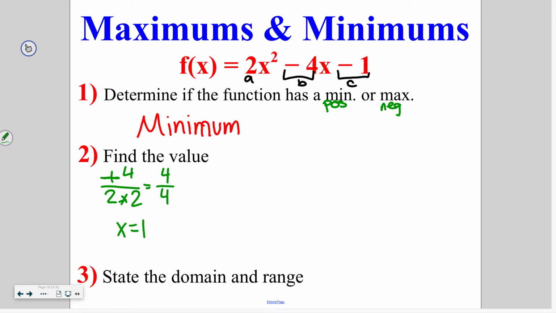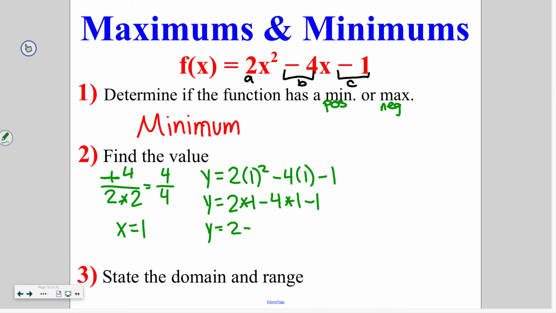Then we're going to go ahead and plug that in and say y is equal to 2 times 1 squared minus 4 times 1 minus 1. We start by squaring, which gives me 1, so 2 times 1 minus 4 times 1 minus 1. 2 times 1 is 2. Negative 4 times 1 is negative 4 minus 1. 2 minus 4 gives me negative 2 minus 1 gives me an answer of negative 3. So my minimum is at the point 1,